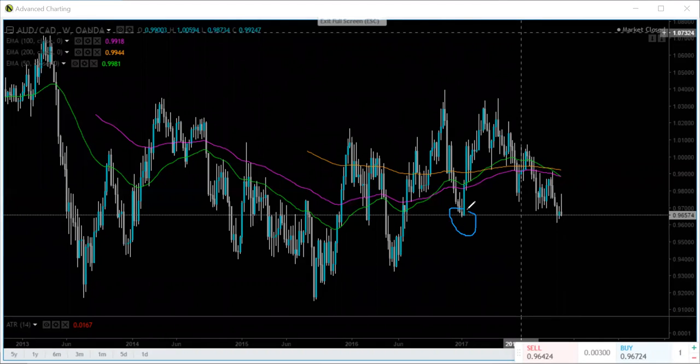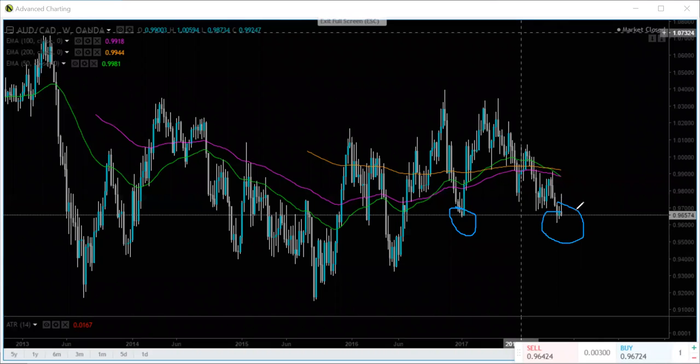You see, every time it's hit this level here, it has retraced and gone back up. It's been a few times where it has hit that level and then shot back up. A little choppy right here. So we're going to watch this one. I'm thinking this could be a reversal right here, especially this symbol right here. Looks like there could be a strong possibility for a reversal. So we're going to watch that currency.